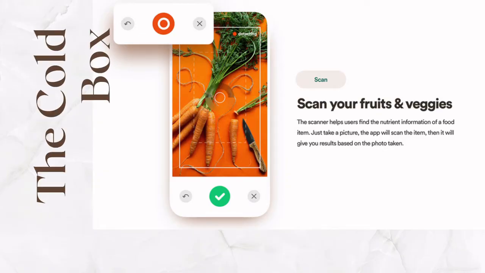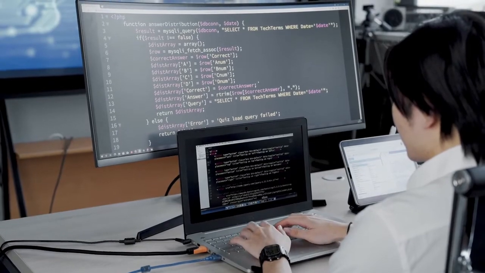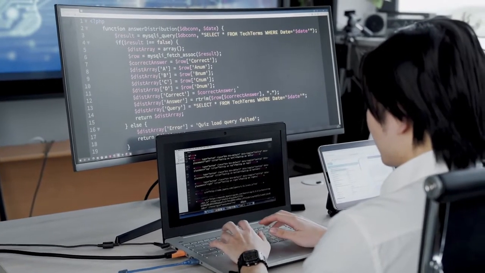Our ML-based project is the Cold Box, where the user has to scan their fruits and vegetables using the camera integrated in the application, which detects them and predicts their estimated date of freshness. This application can be of great use for working people or hotel staff who forget about the deadlines or face difficulty keeping track of their groceries. Let us first look at the code of the project.